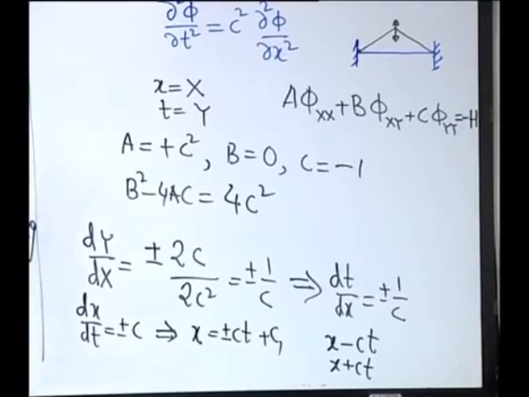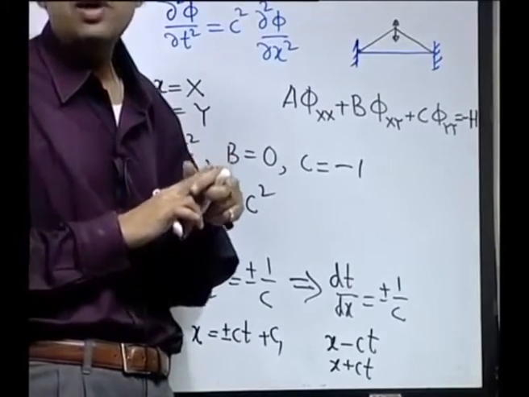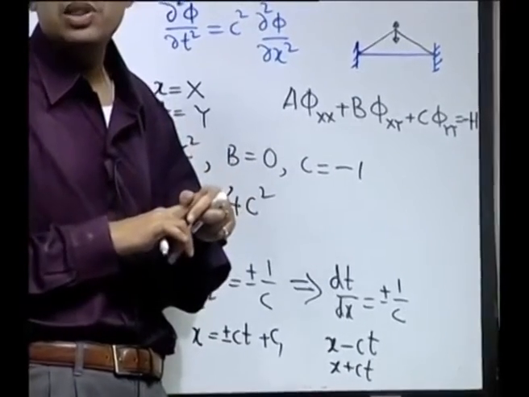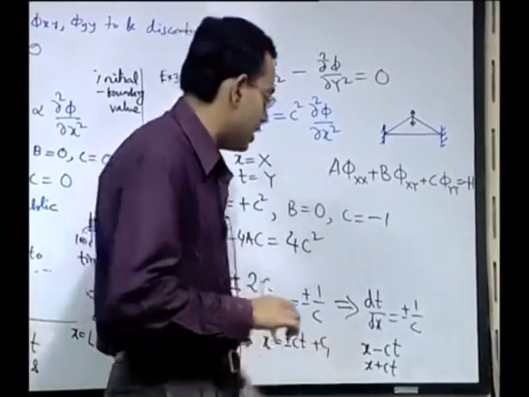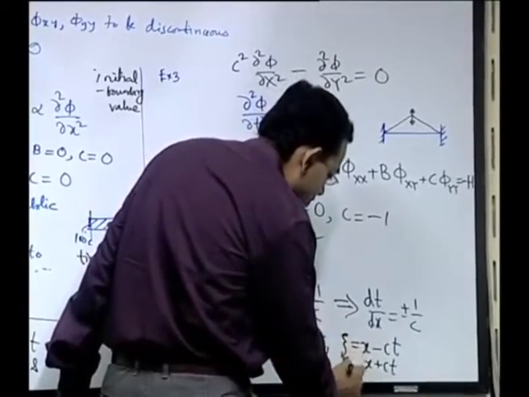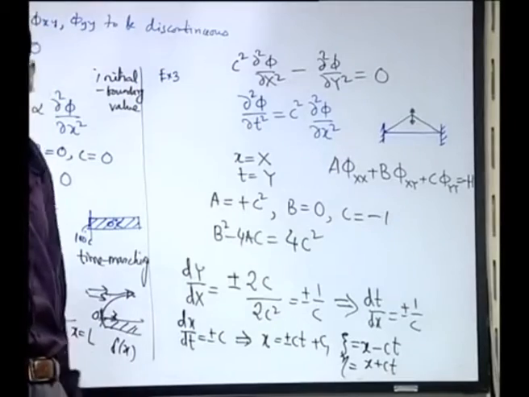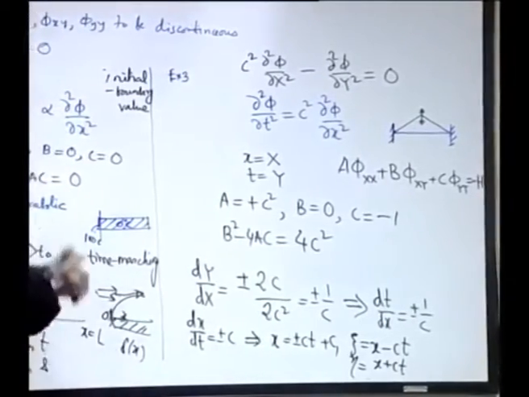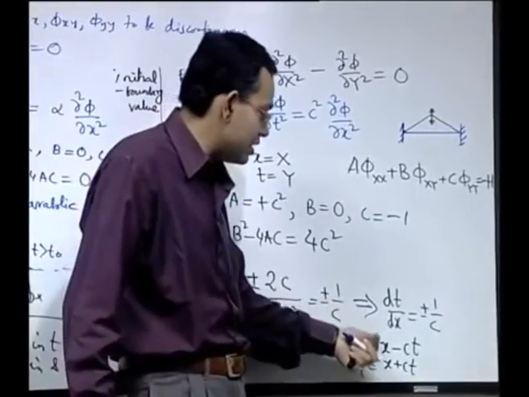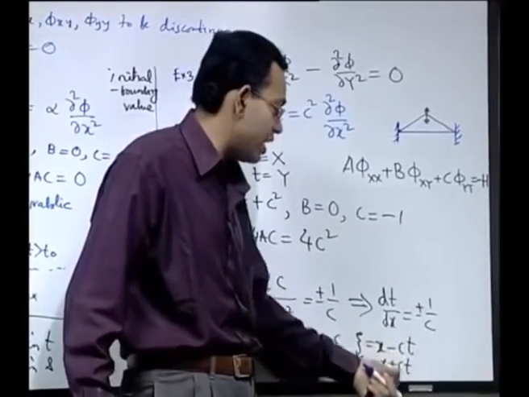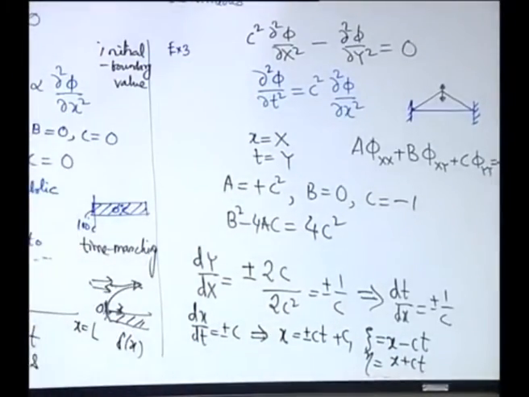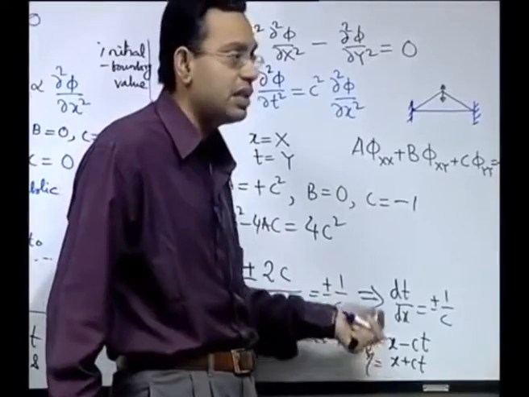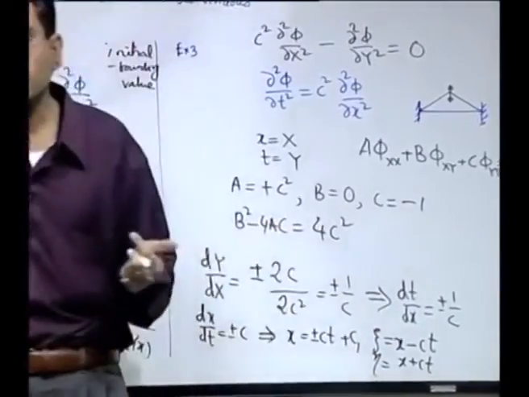So you can see that here the effect is not a function of time only, it is not a function of position only, it is a combined spatiotemporal effect where you have a new variable, let us give it some name, say zeta and eta. These are called characteristic variables across which you have possible discontinuities, and these zeta and eta are combined functions of x and t. Not only that, it is possible to write the solution of this equation entirely in terms of these characteristic variables zeta and eta. So the role of the characteristic is very interesting.